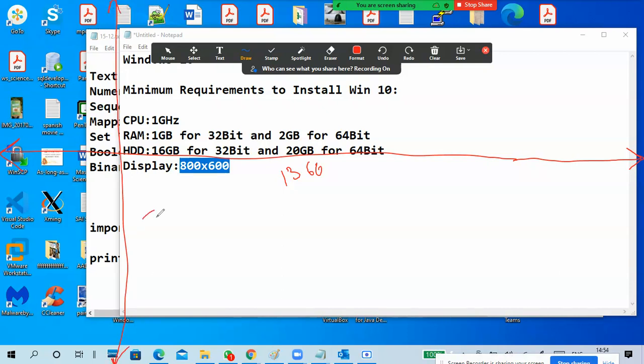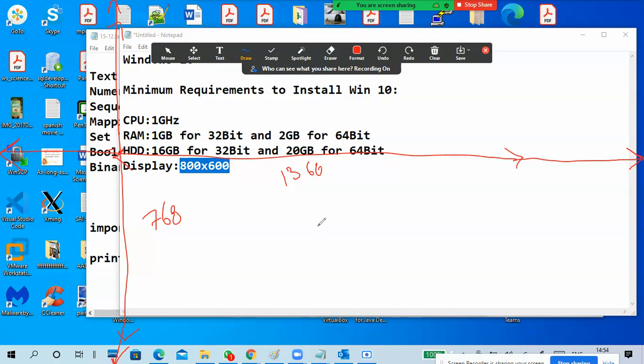From top to bottom, this is 768 on my screen. That is the height. 800 is a little bit lesser than this one. You may find 800 and a 600 screen. So width and height differ across monitors.